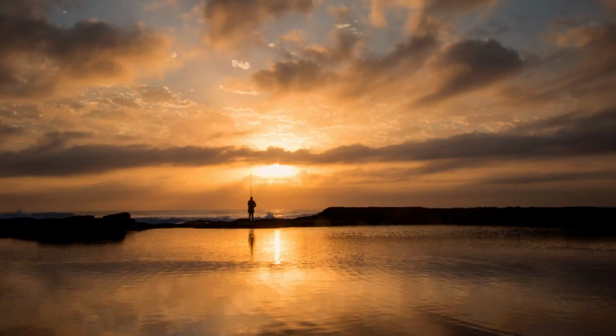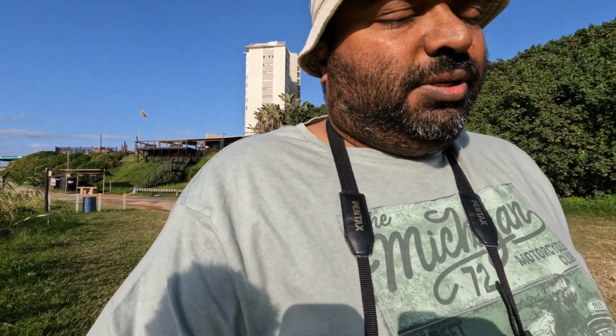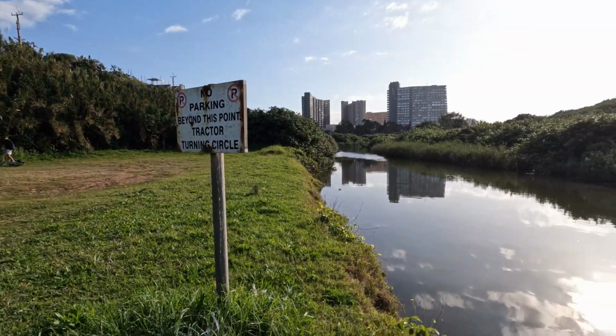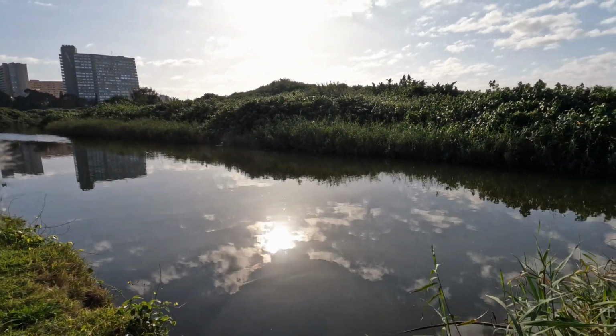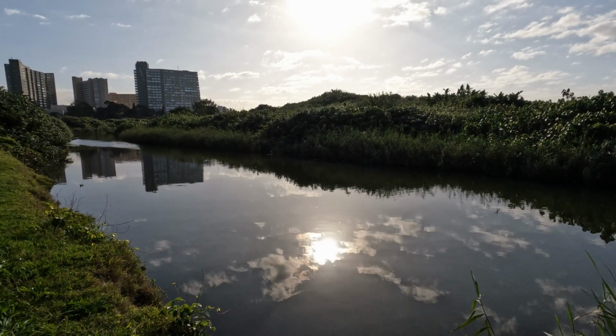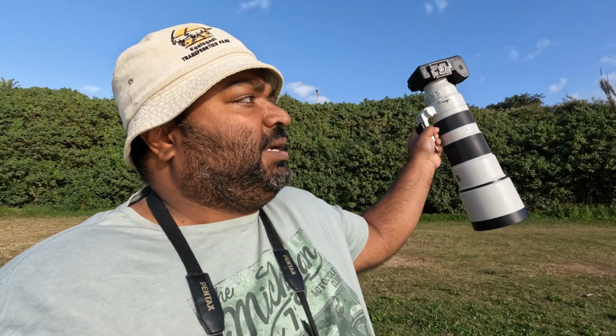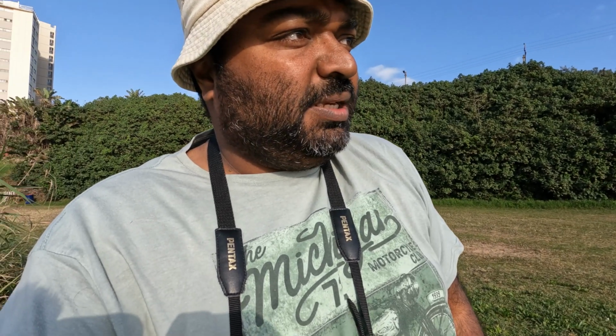So I used to come to get the sunrise on the rocks on the tidal pool at Wana Beach, and then while I was here I would just walk across and do some quick birding in the mornings here. Sometimes you get Goliath heron and purple heron in here as well. A lot of water birds, and you can actually drive around the backside, and there's a little route that takes you down there. So I'm just seeing a cormorant